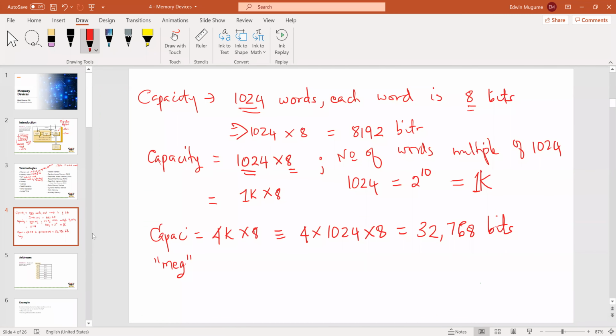We can say the meg. Okay, so the meg, we say 1M, which is like 1 million, is equal to 2 to the power 20. But 2 to the power 20 is not exactly 1 million. It is something that is a little bit more than 1 million, just like the K is not 1000, but something a little bit more than 1000. And so this is